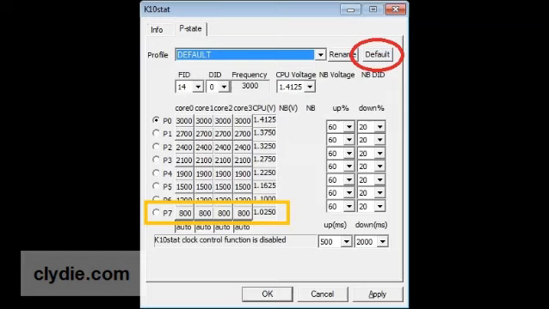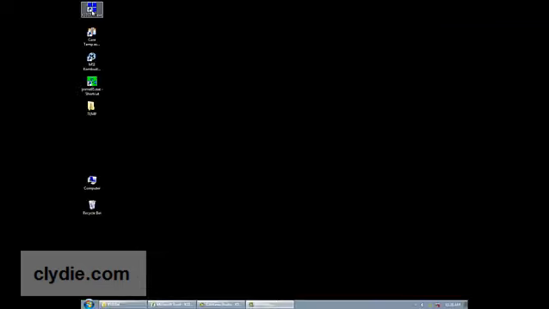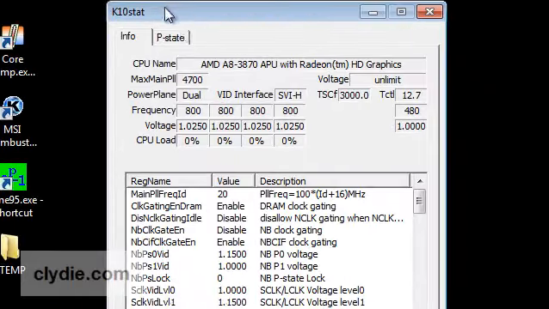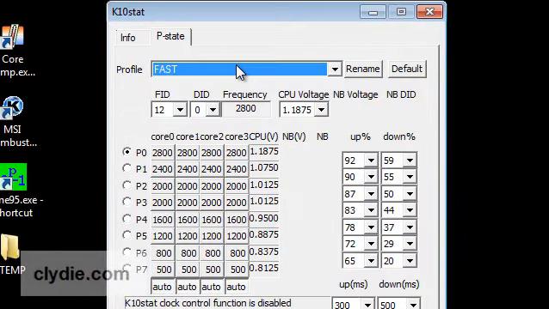For example, stock voltage for 800 MHz is 1.025 volt. We can reduce the voltage to 0.86 by estimation. Choose unused profile with stock voltage and rename it to test.